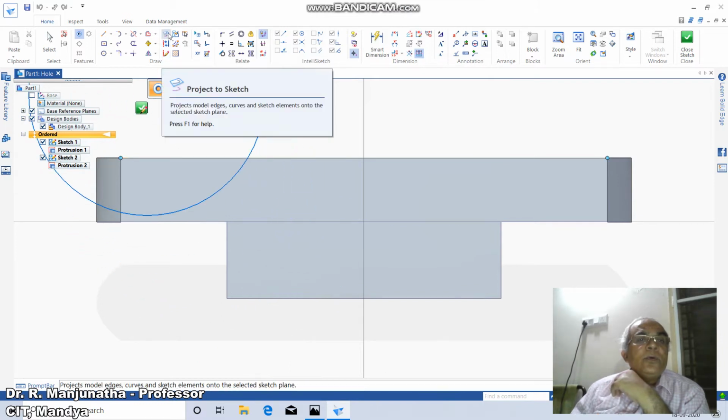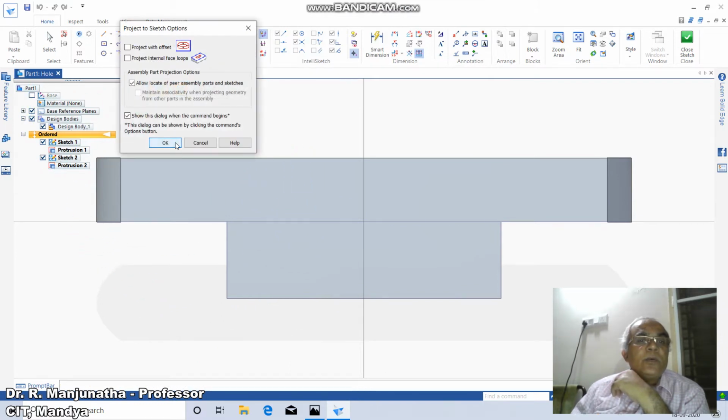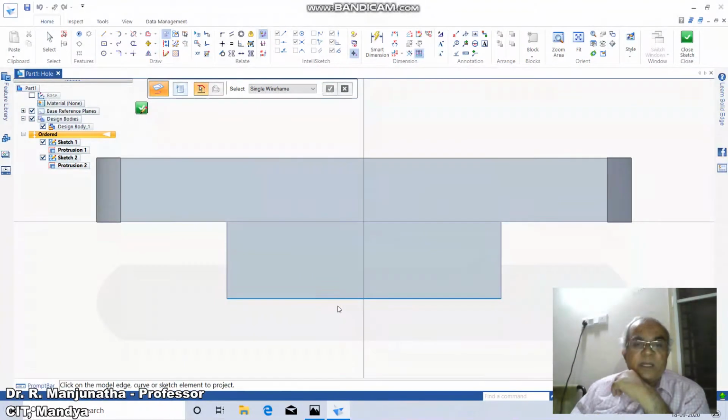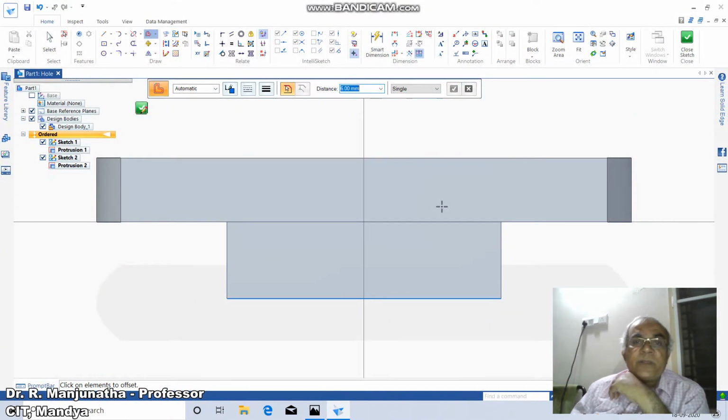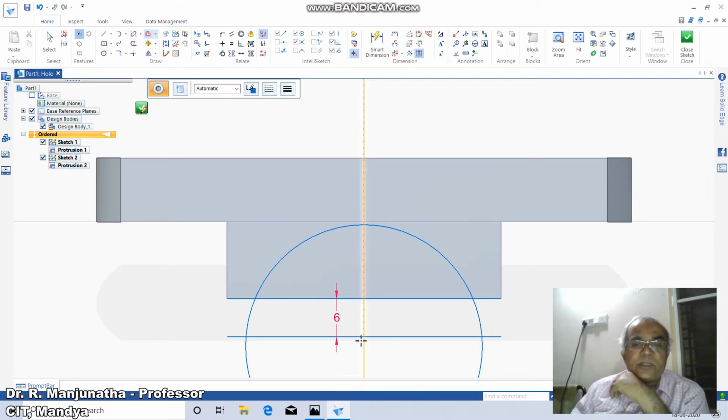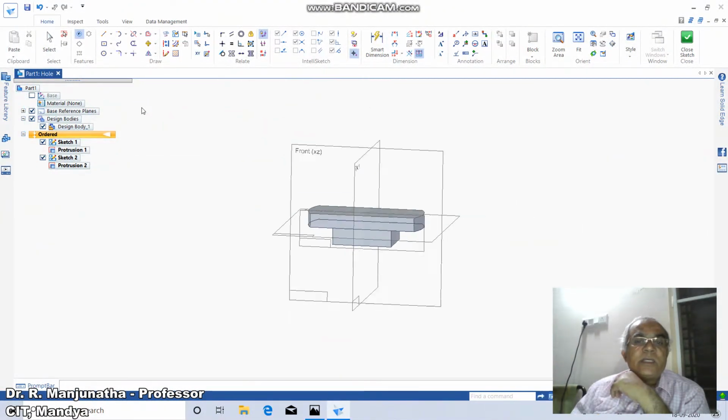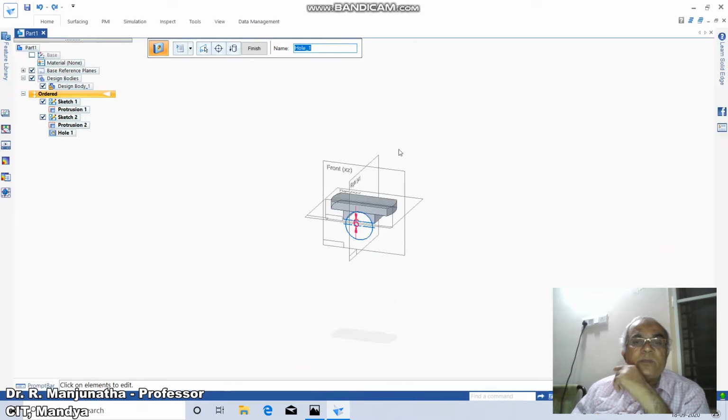Then go to project to sketch, click on OK. You click on this line and take the distance as offset. So what is the offset distance? The center line of this is away from this by 6 mm. So type 6 mm. So from here you take this, then go to whole circle option and you remove this distance. And say close sketch. Since it is a hole, it will automatically remove the inside, and say finish,